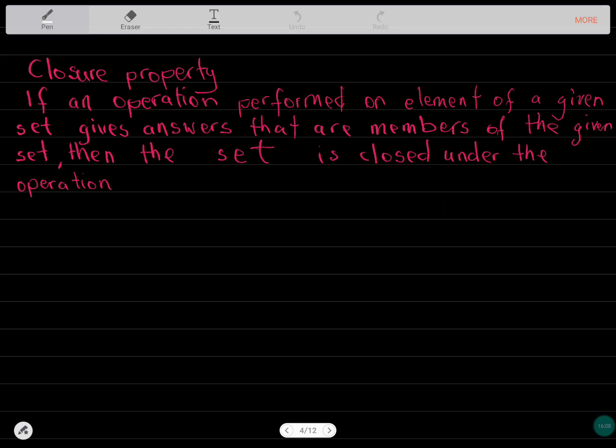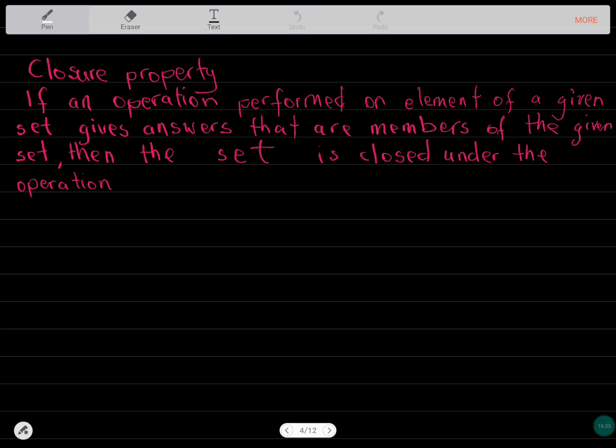Now we'll also look at the closure property. What do we mean by closure property? If an operation performed on elements of a given set gives answers that are members of the given set, then the set is closed under the operation. There are a lot of considerations under this particular property, and we would like to look at the sets of